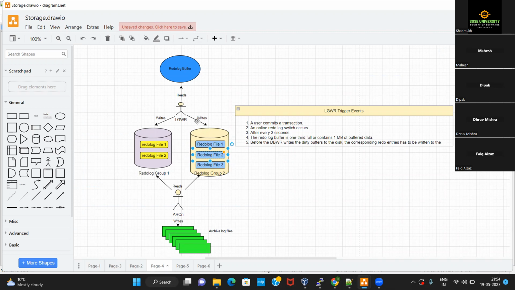So when the LGWR is writing the redo entries into this specific redo log file, it will write the same entries into this one and this third redo log file as well. LGWR writes the same information into the redo log files of a group, whatever the number of members in that group. You understand that?